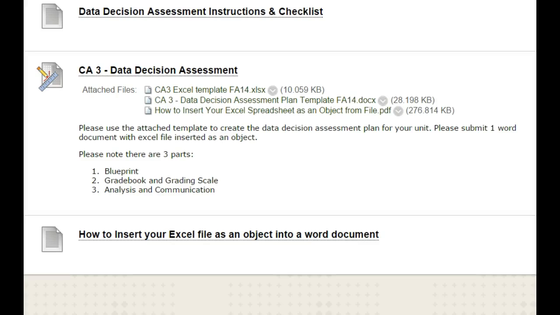This screencast is to give you some information about the Data Decision Assessment Plan. This is something that you would have done at the beginning of the unit, setting up the grade book, figuring out how many points you were going to give the students for each of the assignments, and then you would take that information after the students had completed the unit, and depending on how they did on the unit, you would use it to figure out how you could improve instruction as well as improve the outcomes for some of